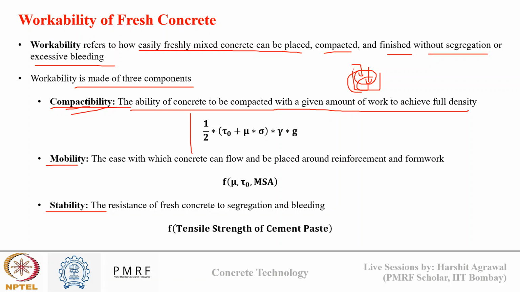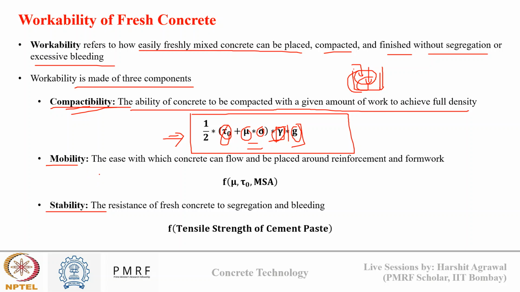Okay, and this is given by a general formula. Scientific representation of compactability is based on the shear strength, the viscosity, the yield strength, density, and gravity. Okay, so these parameters play a key role in the compactability of my concrete. These are all rheological parameters, which are material properties, and this is gravity, which will govern the flow of my concrete inside a formwork or a mold.